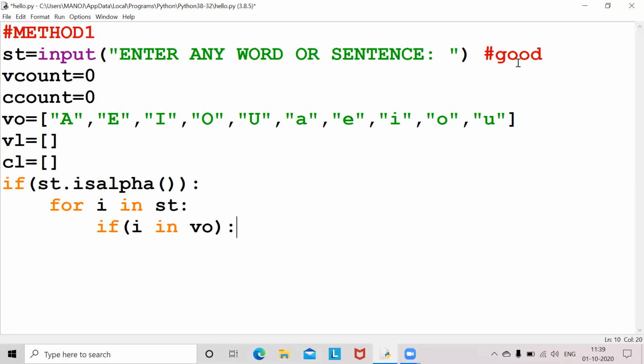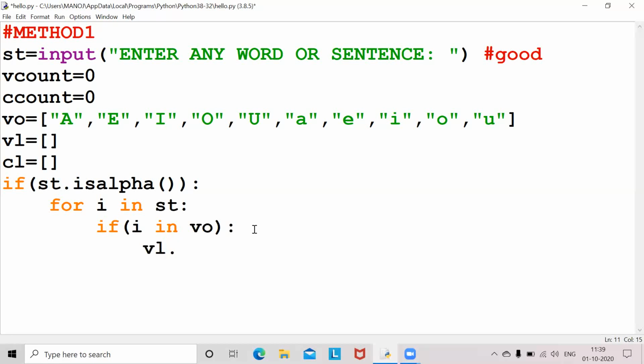I'm checking each and every character: G separate, O separate, O separate, D separate. For i in st, initially i will be G. So is G in v naught? No. So it will not satisfy the condition, because it is a consonant and we want vowels.